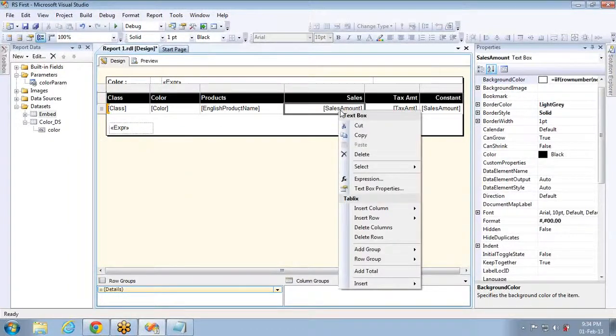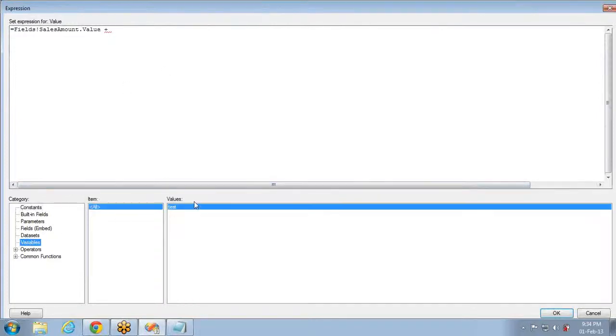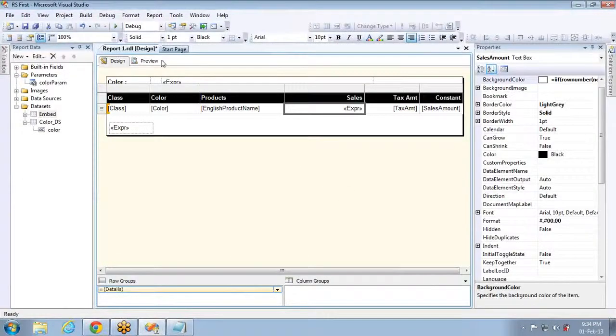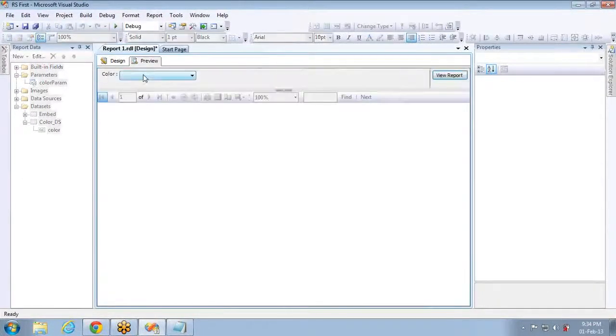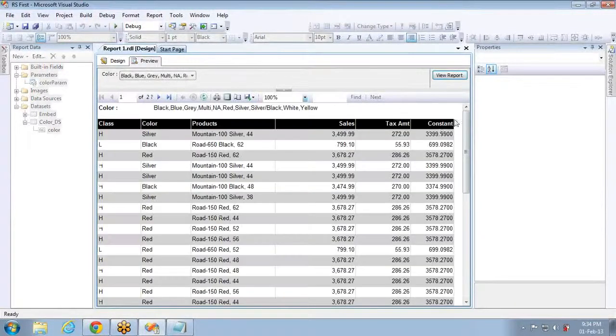So I'm going to the sales amount expression. Let me take it as sales amount plus whatever the variable value that is available, that is 100 in our case. So if I go to the preview now, you know the last column is sales amount, right? The last column I have taken is sales amount and this is plus 100. That means plus variable. The variable value is assigned to 100. So you can use these variables whenever based on the requirements and based on the workflow.